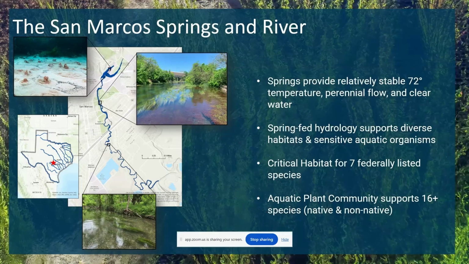The river is always 72 degrees and it's always flowing as far as we can recall. So over 10,000 years, this river has been persistently flowing, and there's a lot of invested folks that are keeping it that way. And this hydrology of the river really supports pretty unique habitats. As with any other spring system, if you travel across the country, this hydrology is unique,